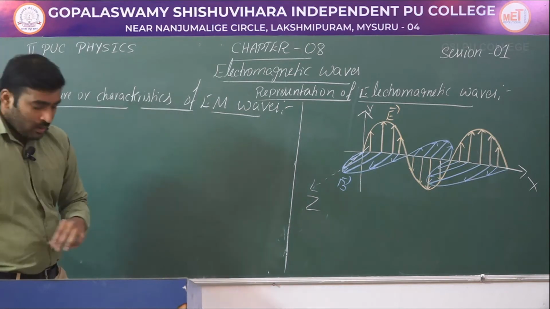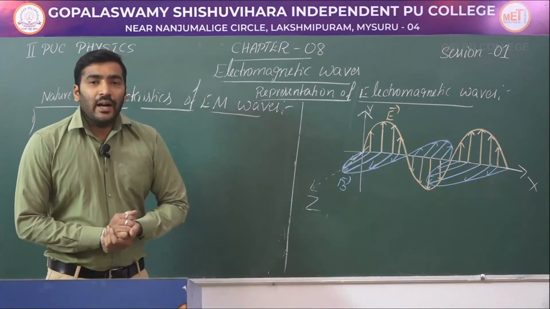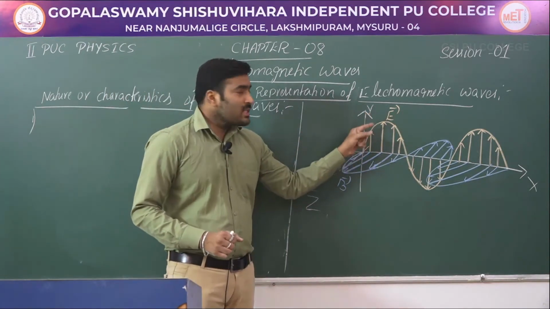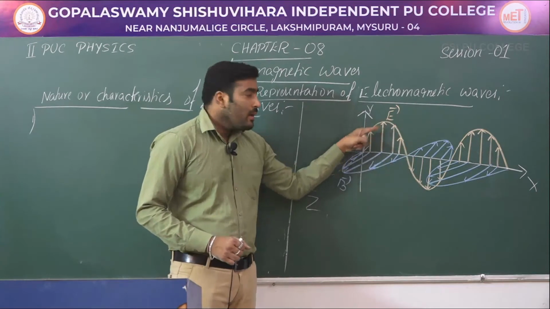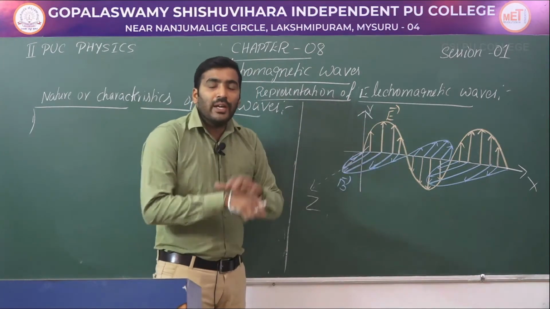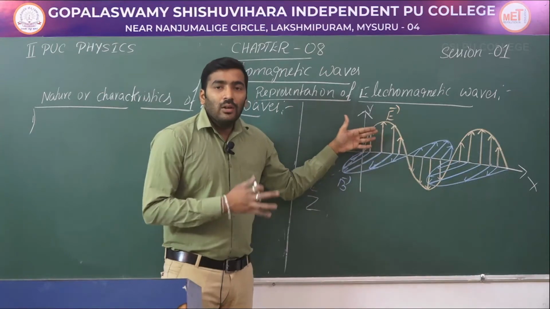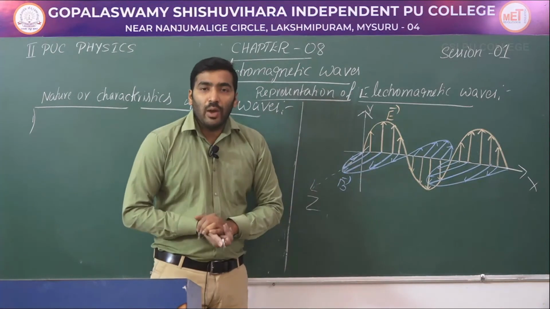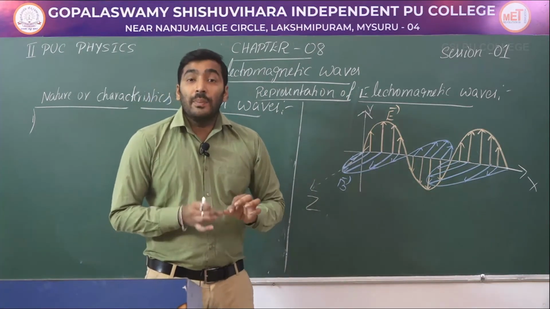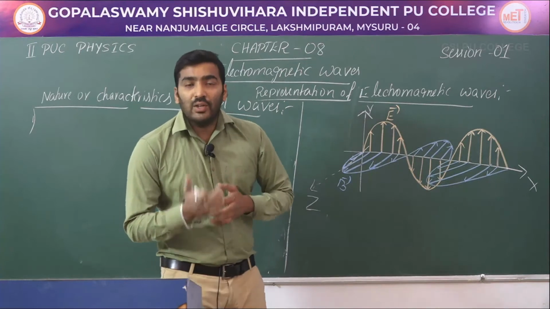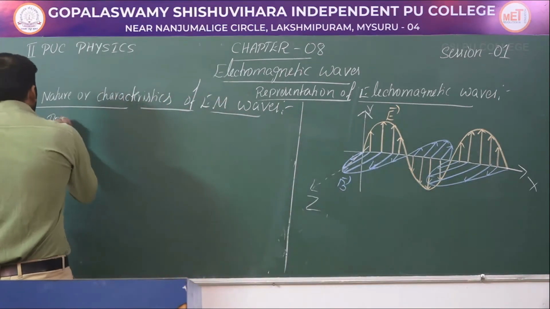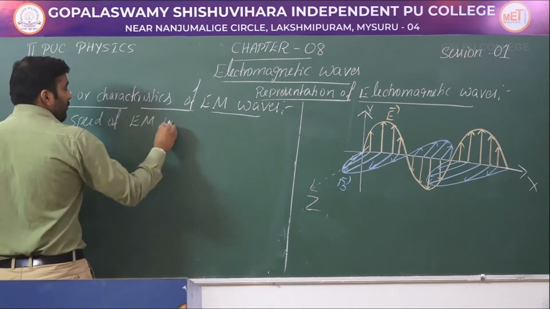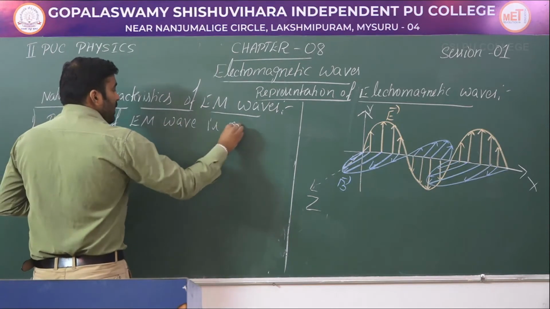First one. I said that electromagnetic waves are nothing but the waves which are produced due to the sinusoidal variation of electric and magnetic field vectors, which are coupled together in phase and they propagate in a direction perpendicular to the electric and magnetic fields. So this is what we call an electromagnetic wave. Now, what is the speed of an electromagnetic wave? The speed of electromagnetic wave is given by